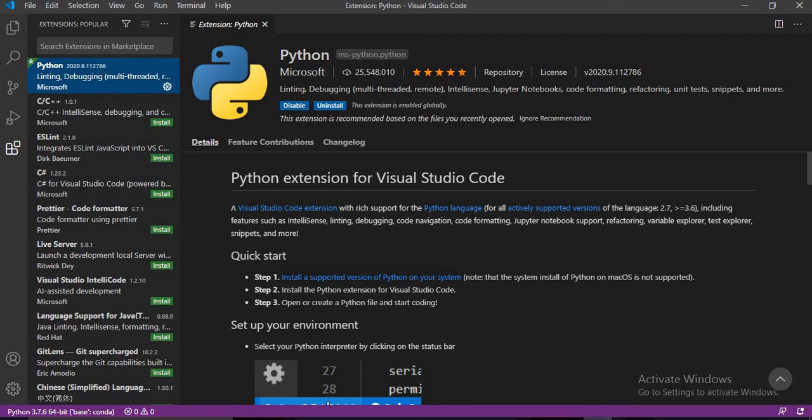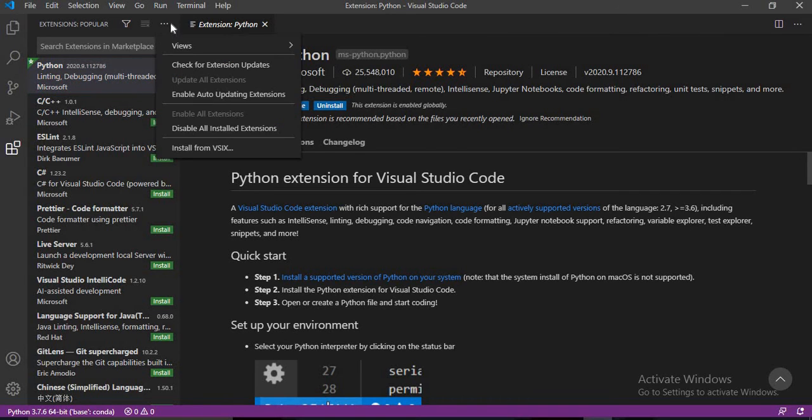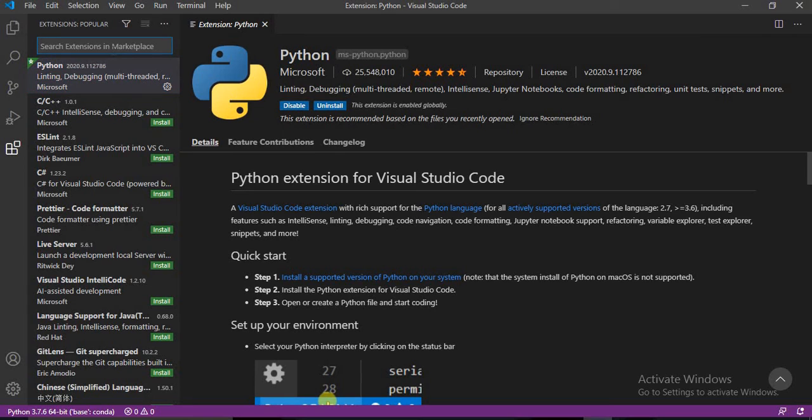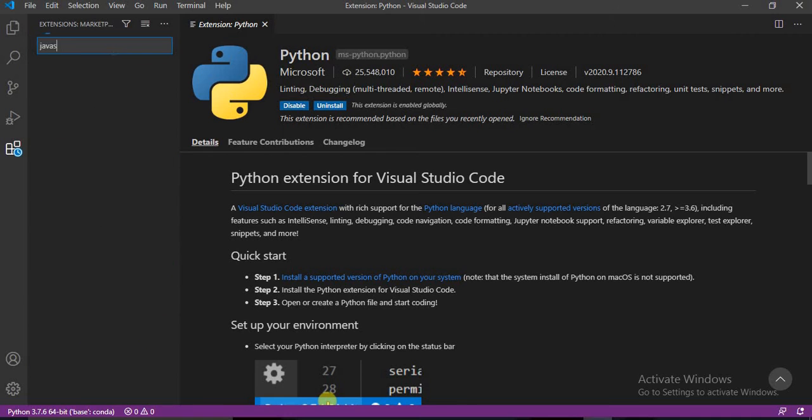We can see here how many extensions are installed. This icon shows that this extension is installed, and this one is the recommended one. Whenever you type, let's suppose you want to add an extension for JavaScript, write JavaScript.